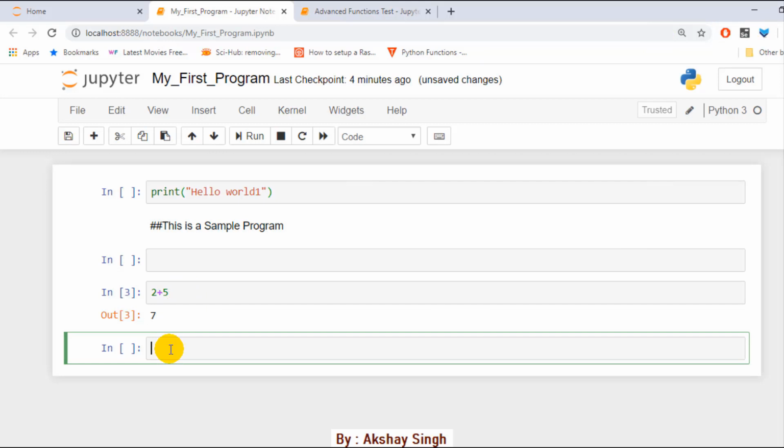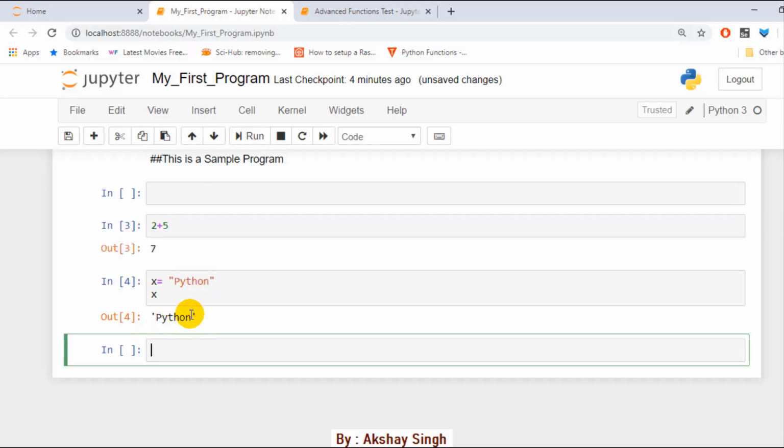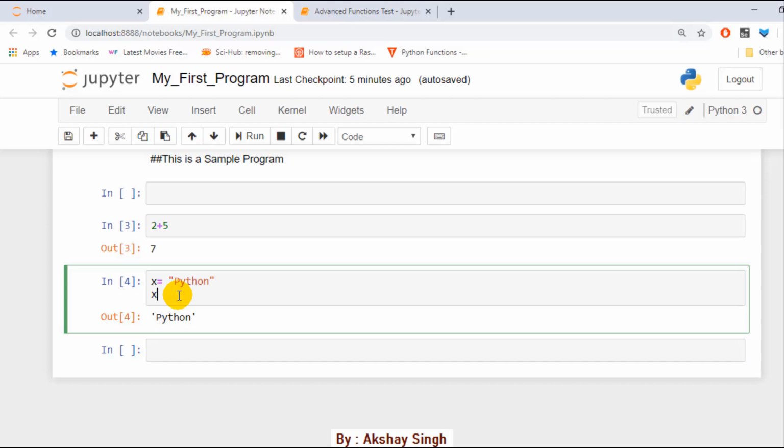If you write x equal to Python and just write x and just execute it, see, without writing any print command, it is printing the value of x, it automatically executes, and you can see this is a very smart editor.